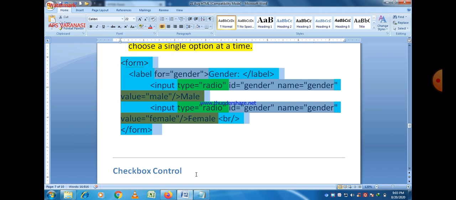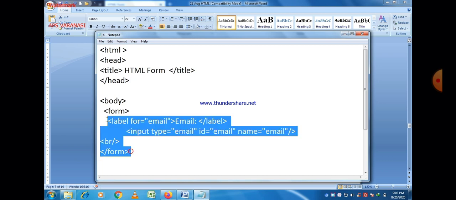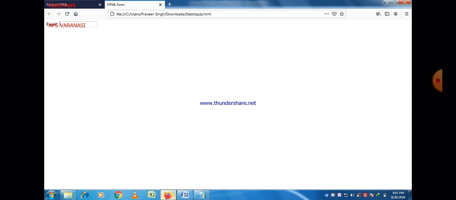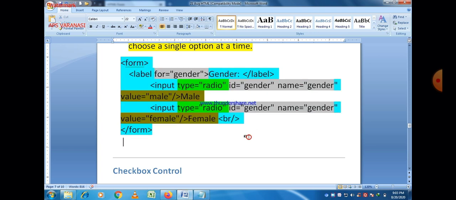So now it's time to execute the program. Just write this program in that form part. So just replace it. Program is already created here. So just save the program, refresh the web page. You can easily see the output. This is the output. Just replace the previous output that belongs to the email. So it is due to radio button we use type is equal to radio in this case.